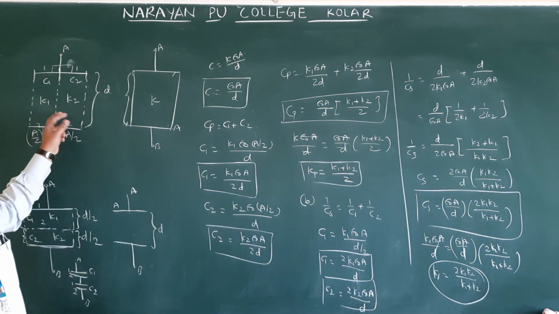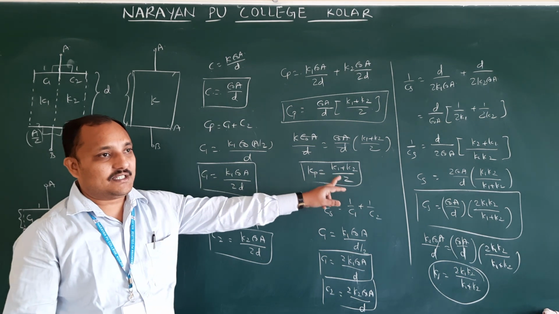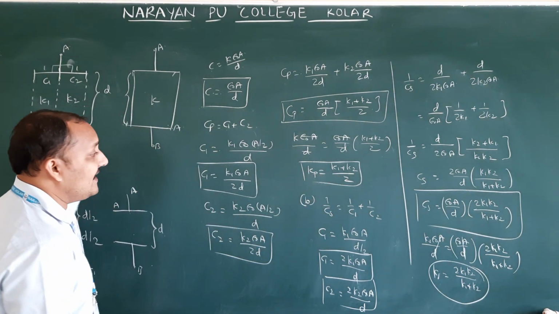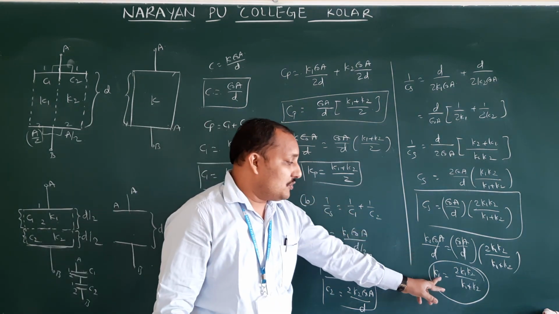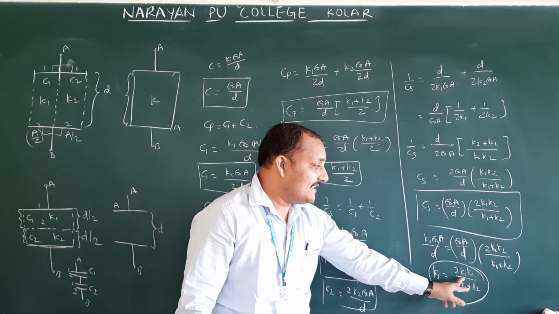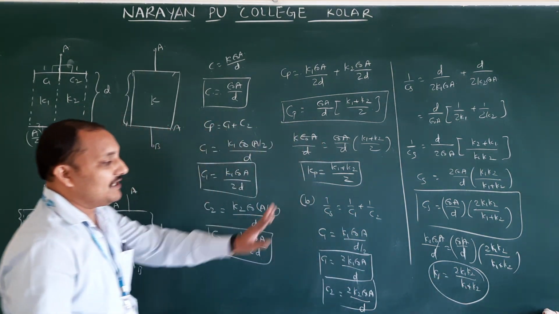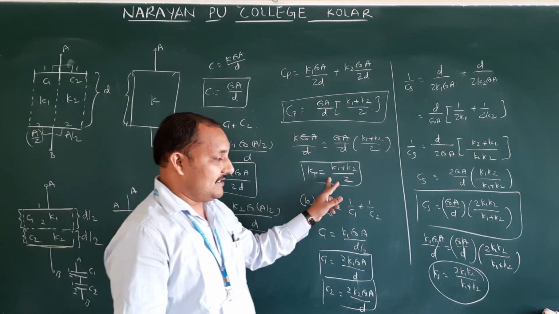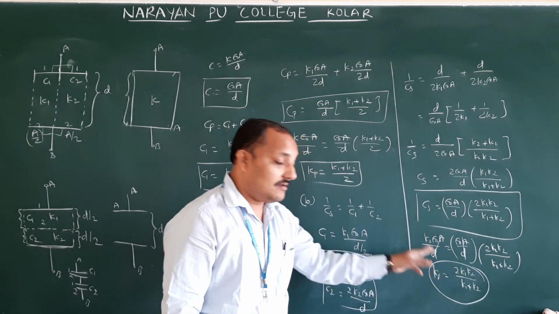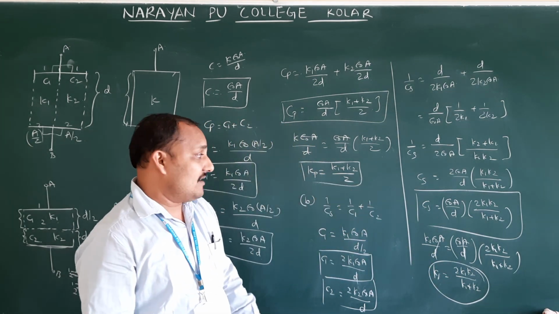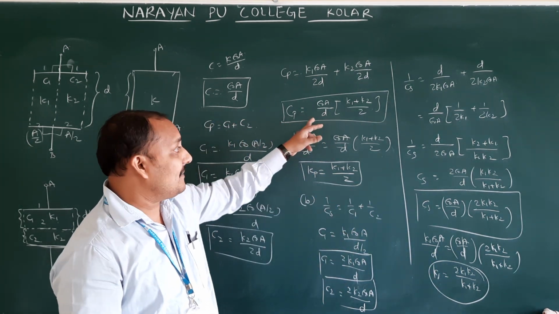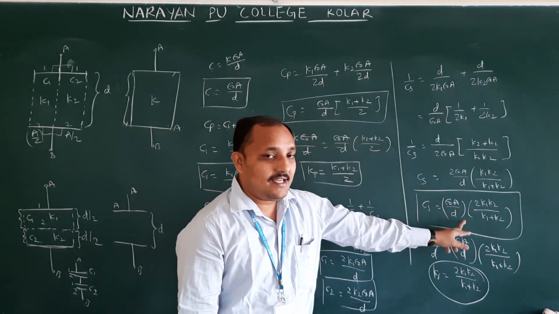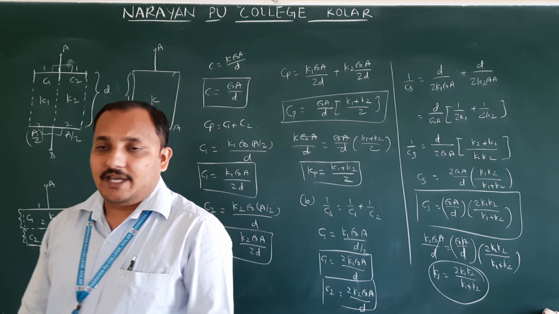So in this you have to identify one thing. If two dielectrics are connected in parallel, K1 plus K2 by 2, because half of the area is going to be filled. If two dielectrics are connected in series, half of the distance is going to be occupied, then 2K1 K2 by K1 plus K2. Sometimes they will give options like this. In these options they will ask for the resultant dielectric constant, or they may ask for the resultant capacity. Therefore, for parallel you got this formula, for series this formula is the answer. Okay.